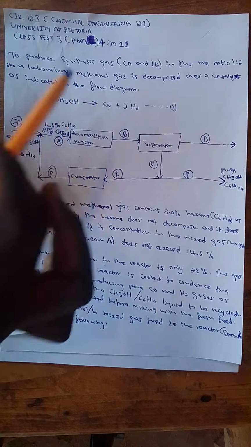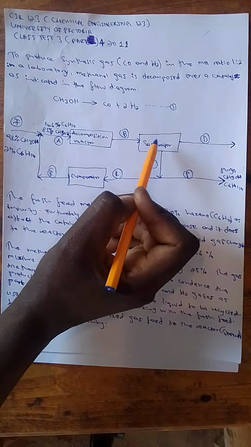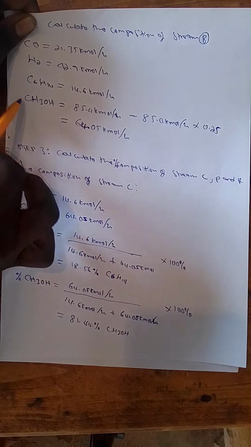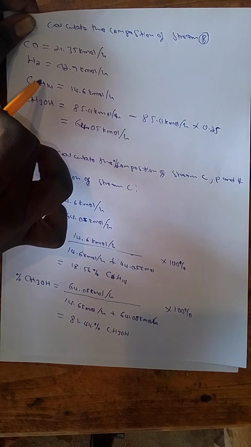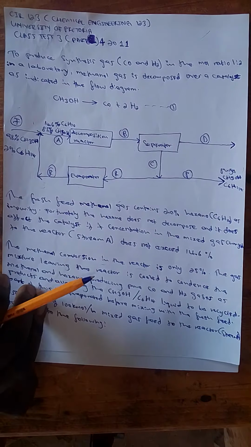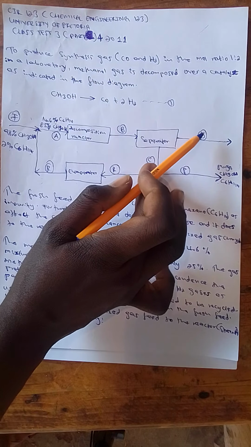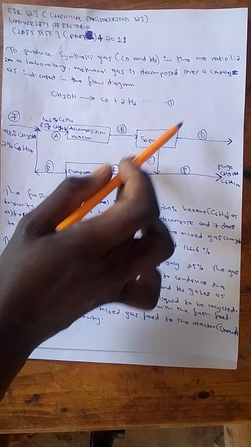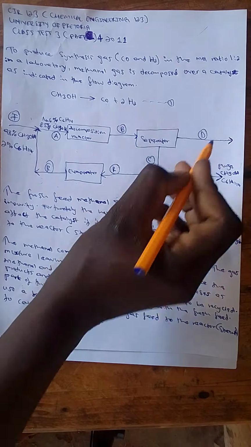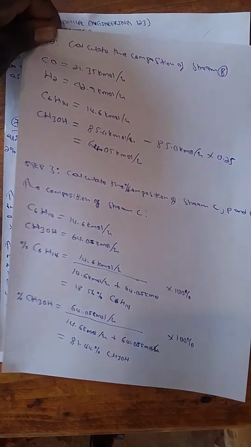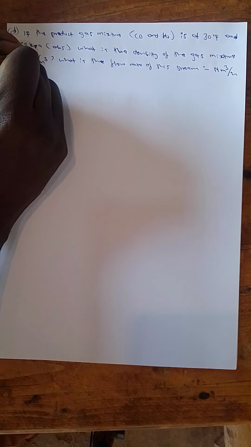So this is the composition of stream B, but we are told that in the separator here, all of C6H14 and CH3OH get condensed into liquids, and only CO and H2 are allowed to pass. And we are told that it's pure CO and H2, which means none of C6H14 and CH3OH come here. So this tells us very well that the composition of D is CO and H2, and we did calculate that here. So just to put it down, I can say stream D